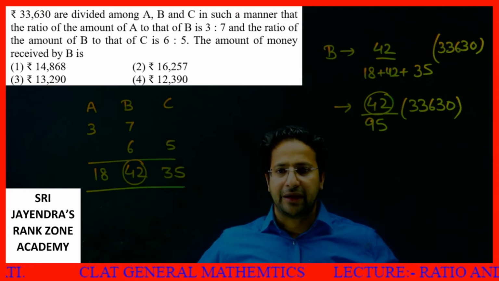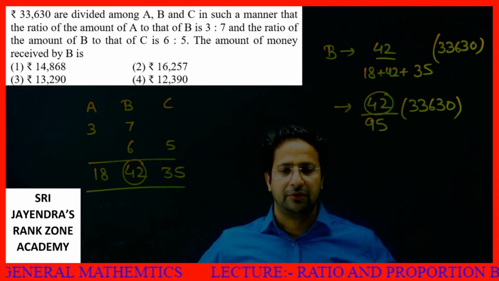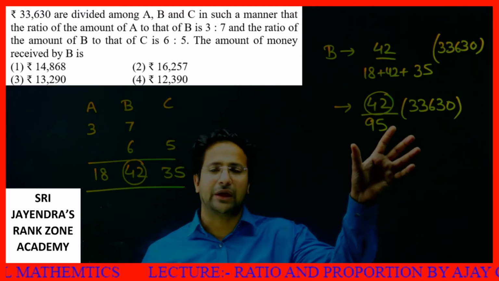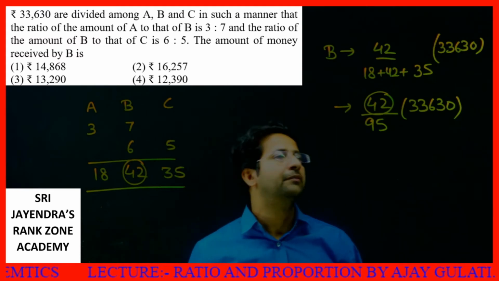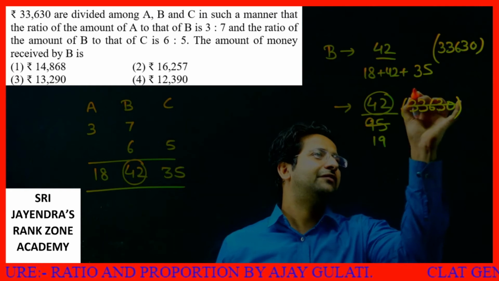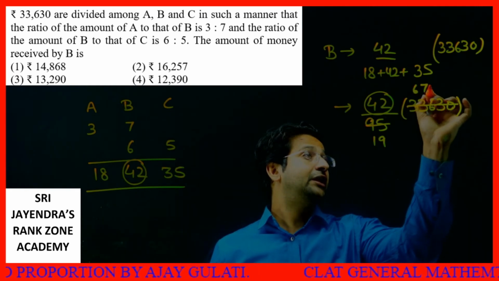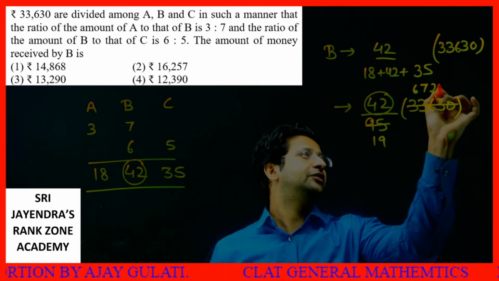1, 8 cancel, 4 plus 6, 10 plus, both are divisible. So we will have to calculate. The answer will be either 1 or 4. 95, I cancel this by 5, I get 19. Let's cancel this by 5, I get 6. 36, 7. Then 1, 3, 2, 3, 0, 6.